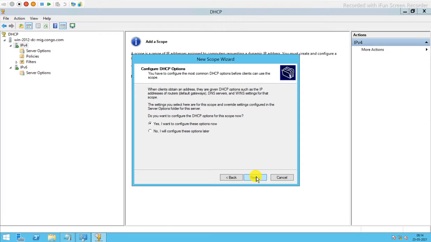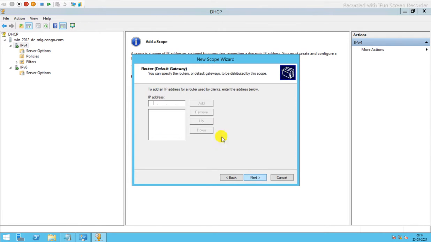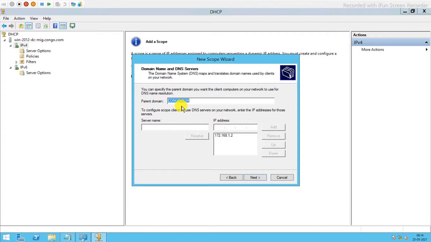When clients obtain an IP address, the default gateway, yes, we need to configure. The router IP is 172.168.1.1. This is the router IP, that is the gateway IP. They should get it from our DHCP server, along with the DNS server.